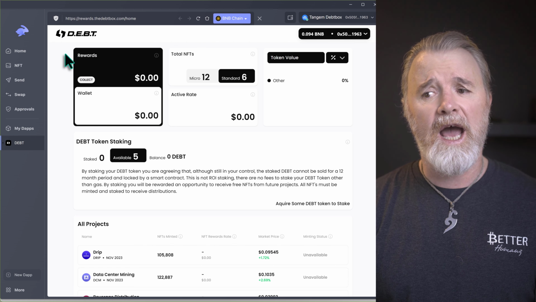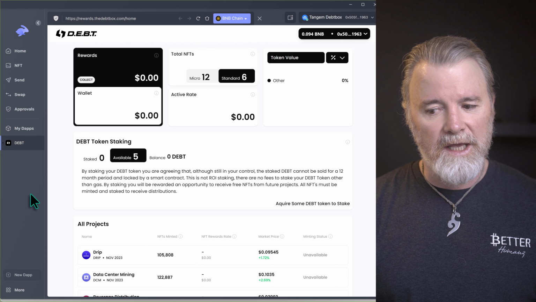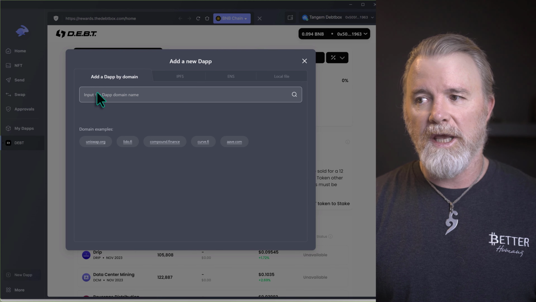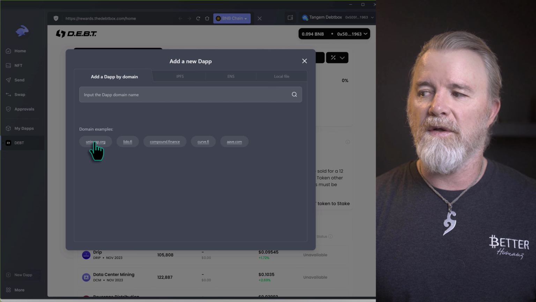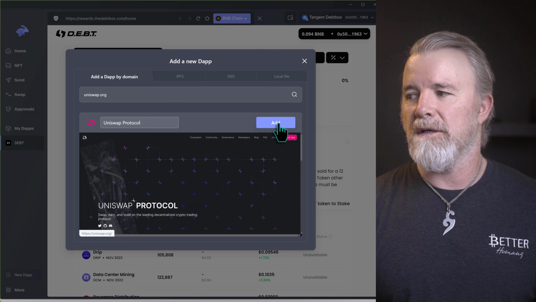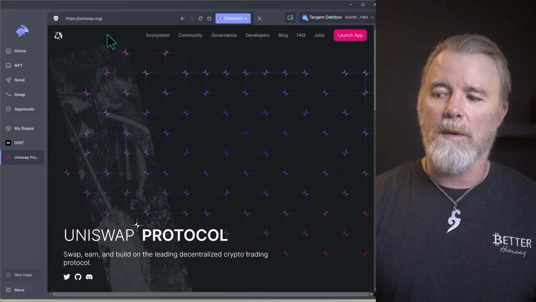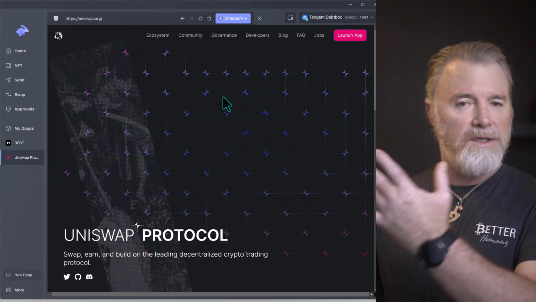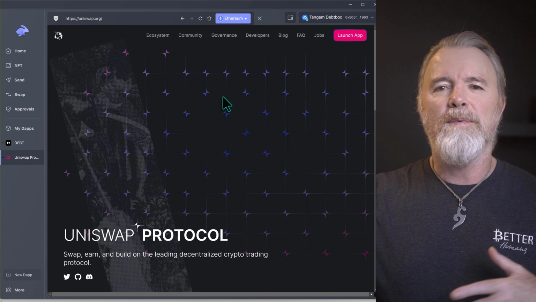All right, and any other dApps that you want to connect to in Rabby, you just go down here, new dApp, put it in here. Oh, here it is here, .org. Okay, so it's already here. So if I just click on this, all right, it's going to get that. Now I can add it. All right, now I can open. And now I've got Uniswap right here in Rabby. So you can put as many as you want here in Rabby. It just makes it so much easier than having to open up browsers.